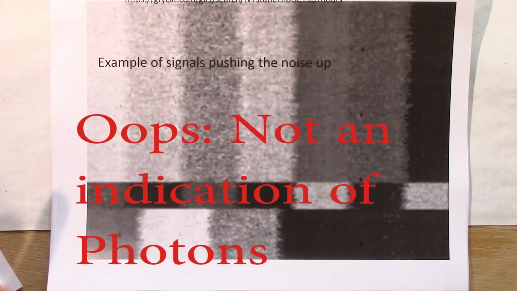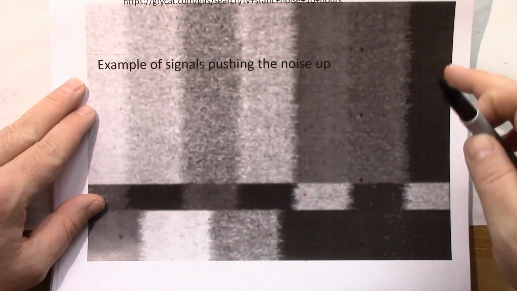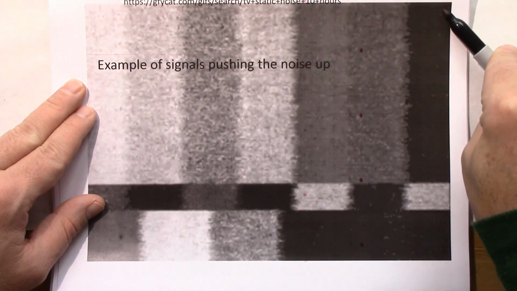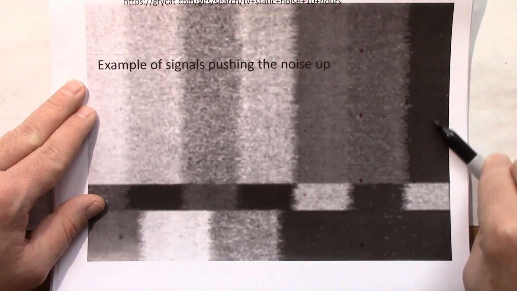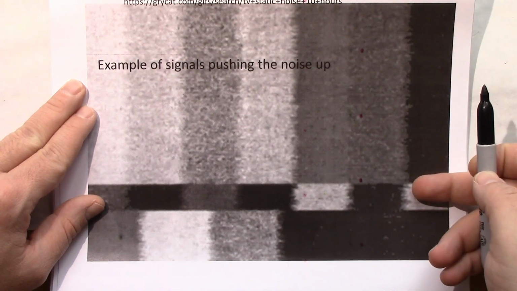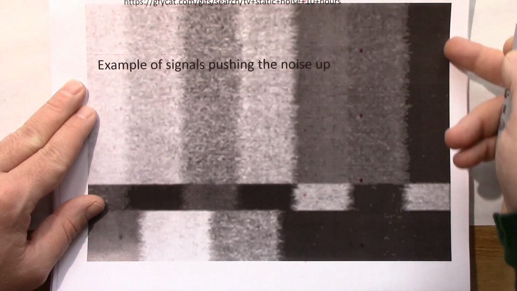Here's another example using a television set. Ironically, a television set is almost the exact same thing as a photomultiplier tube, except the parts are rearranged a little differently. Again, it's a high gain amplifier. It's hard to see from this bad print, but over here there are little specks of noise just popping through the detection range. There are little pixels here and here that are hot, because this is where the transmitting station is sending no signal, and the noise floor is just at the detection range. And so the peaks of the noise are popping through.